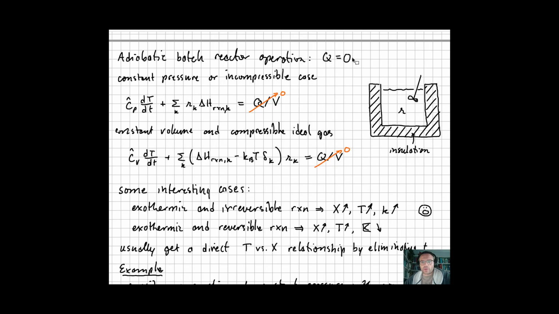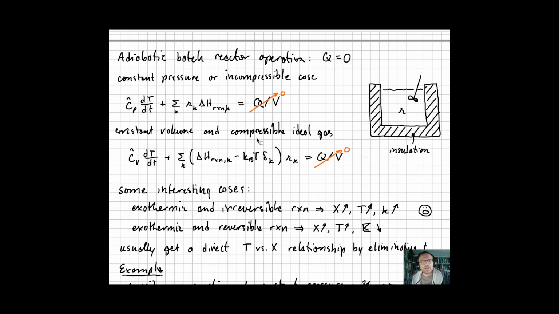Basically, we're going to go back to our batch reactor design equations, and we're going to put in Q equals 0 into those. We had two cases. We had the constant pressure incompressible contents case, and that was this equation, and we're just crossing off this. So you see here that you're going to get a clear relationship between the changes in temperature as the reaction proceeds and the heat of reaction being made by all the reactions happening in